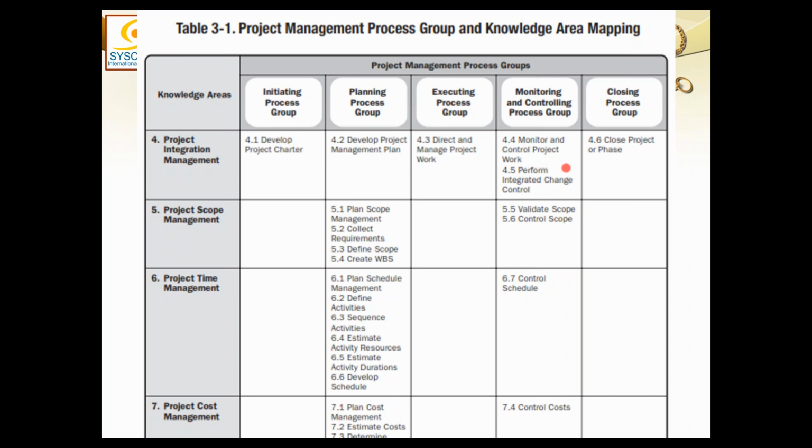The analyst is responsible for consolidating all the analysis and coming up with a comprehensive report of the work performance, and perform integrated change control is responsible for processing the change requests no matter from where they have come. Am I clear on that? Yes, sir, I got it. So basically, one process is just getting the information and compiling it, and the other one is responsible for getting the change request approved.